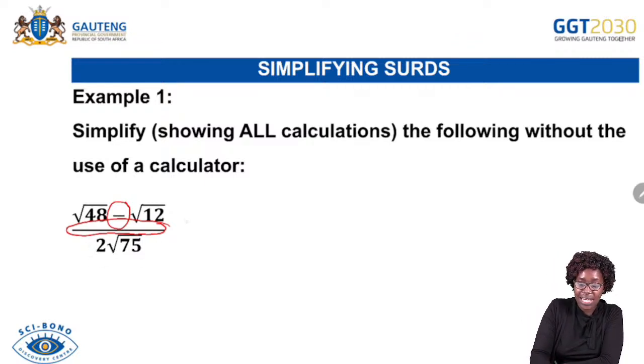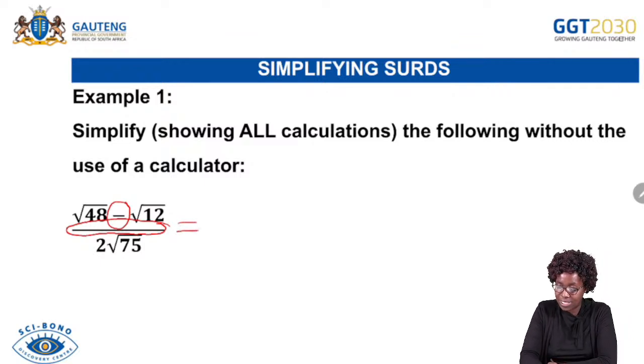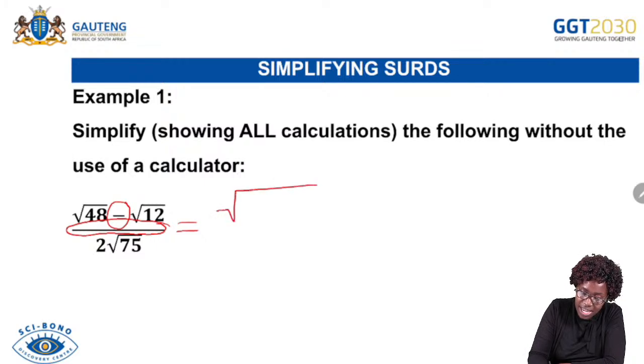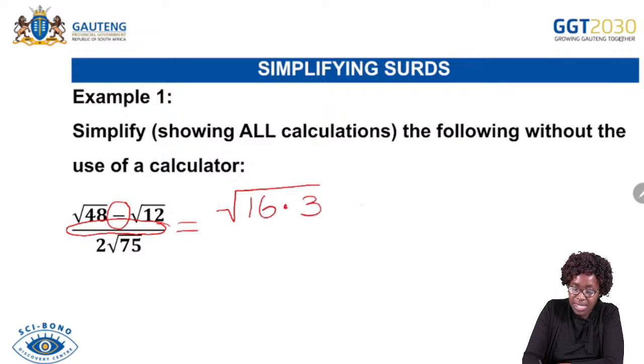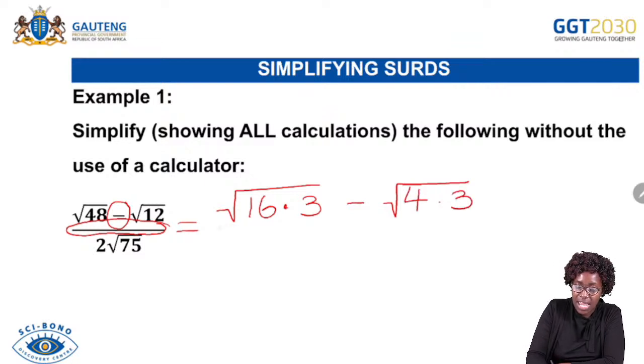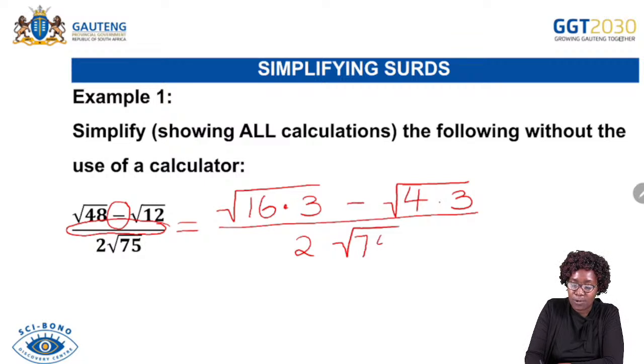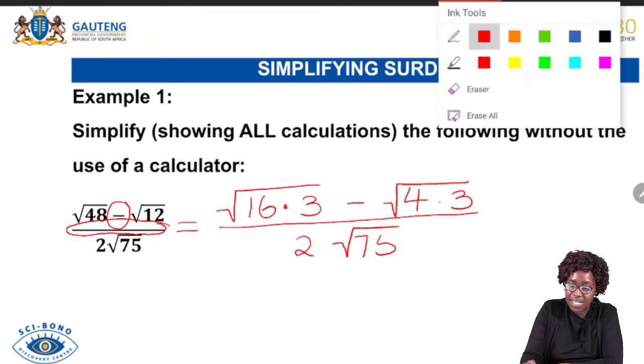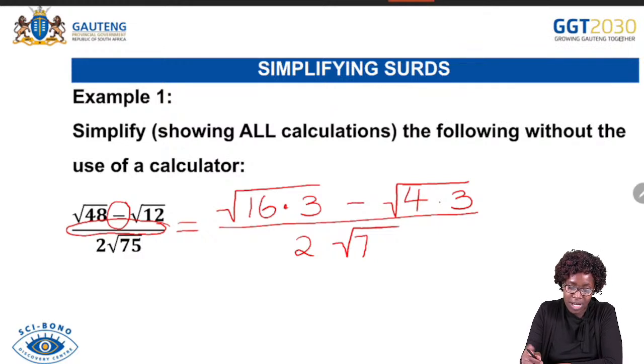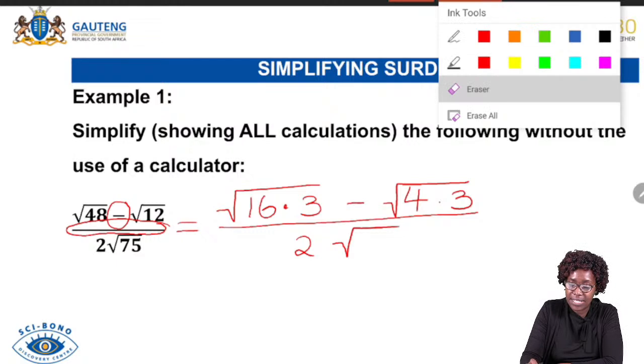So quickly, if we check again, the square root of 48 as a product of factors becomes 16 multiplied by 3. Then after that, I'm subtracting the square root of 12, and the square root of 12 as a product of factors becomes 4 multiplied by 3. And then this is going to be divided by 2 multiplied by the square root of 75. But remember, square root of 75 also needs to be simplified. So I'm going to change 75 to a product of factors, and this becomes